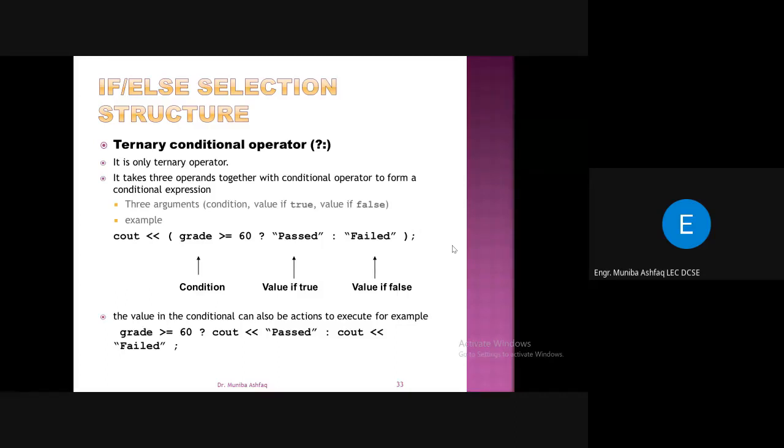We are just doing some examples, multiple examples, so that we have much more clarity about these if and if else selection structures. Now here, it's the same if else selection structure. The previous program that we did with if else selection structure, here simply we can also use another